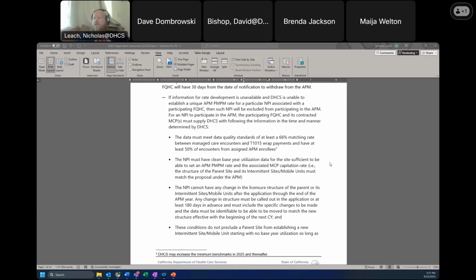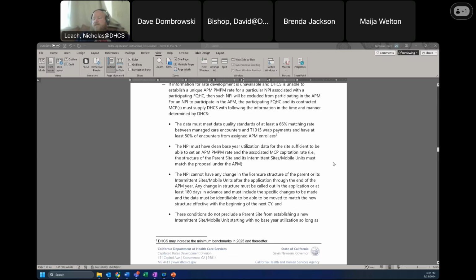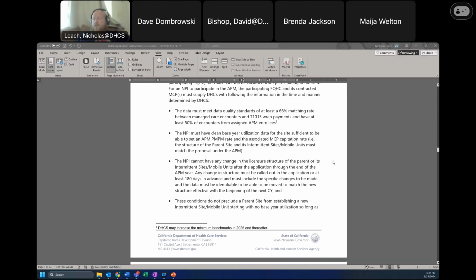For an NPI to participate in the APM, the participating FQHC and its contracted MCPs must supply DHCS with the following information in the time and manner determined by DHCS. And so the data must meet quality data standards of at least 66% match rate and have at least 50% encounters from assigned APM enrollees. The NPI must have clean base year utilization data for the site sufficient to be able to set an APM PMPM rate and the associated MCP capitation rate,